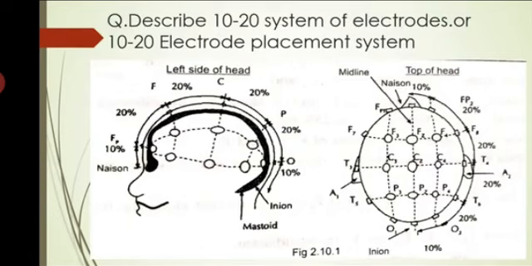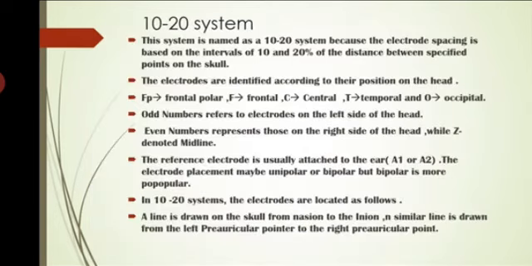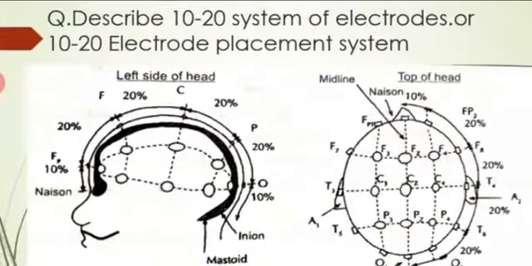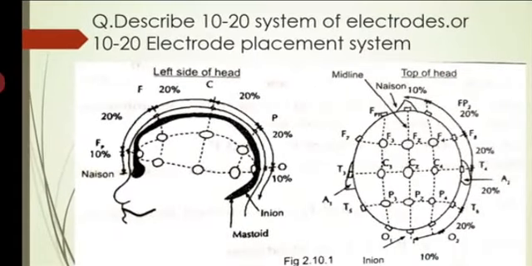Now we will see the 10-20 system. This is the diagram for the 10-20 electrode placement system. In this, first see here, they usually use the circumference from the Nasion point to the Inion point. This circumference is divided into 10, four 20s and again 10. That's why this system is called the 10-20 system.